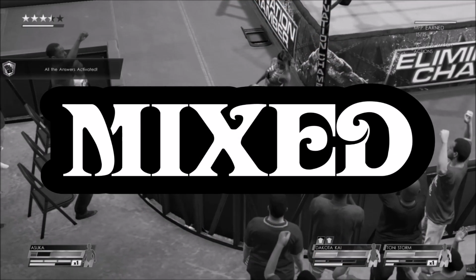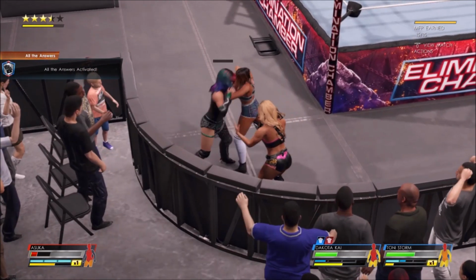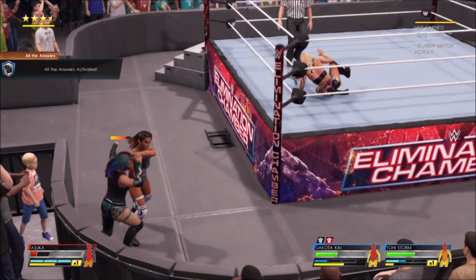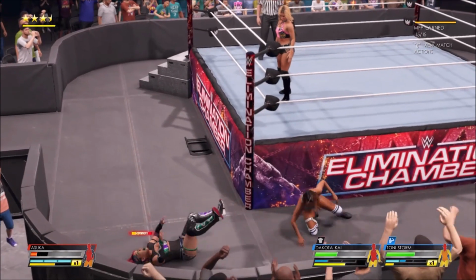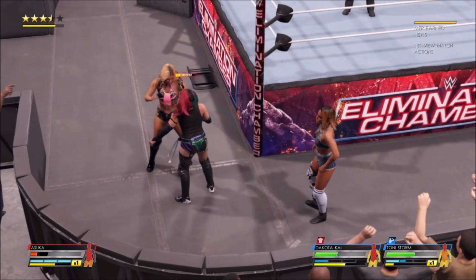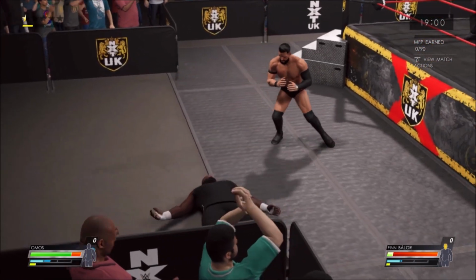Now let's get the mixed stuff out of the way. Reversals in this game sometimes straight up don't work at all. Like when there should be the reversal icon, it doesn't show up. Oftentimes I find myself just pressing triangle desperately and it just doesn't happen. They need to fix that, man. Even if your character is stunned, like the minus yellow thing from previous games, it still just doesn't